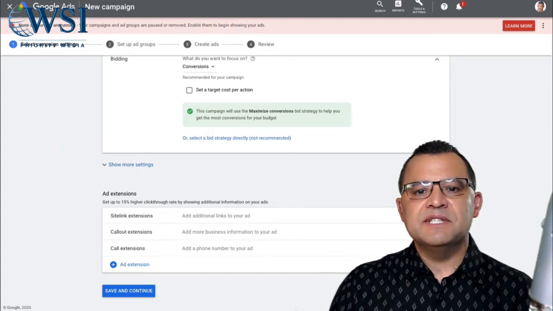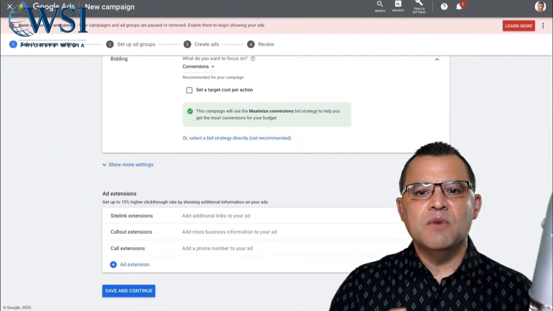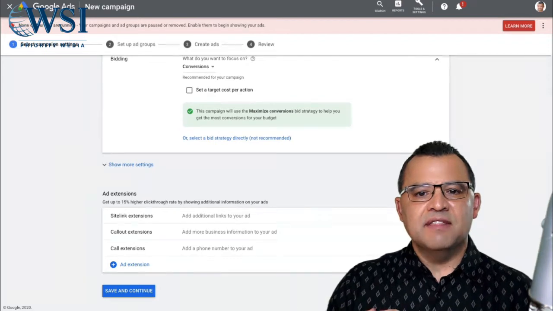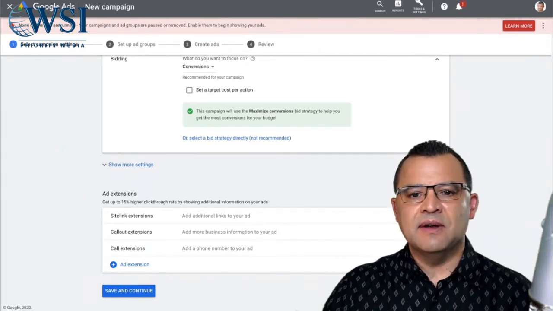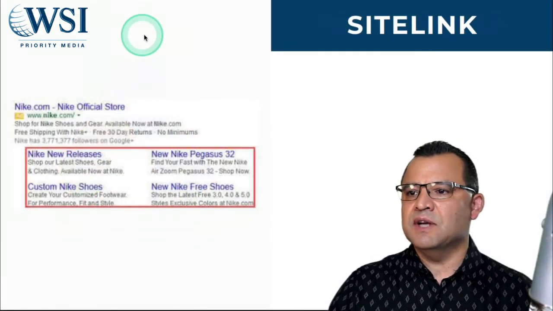So we already know some of the benefits of Google Ads extensions. We're now going to head over and discuss some of the most used ad extensions, which I personally think are my favorites in terms of making your Google Ads perform better. And these are just my favorites in general. So let me head over there right now and we'll start talking about some of them.